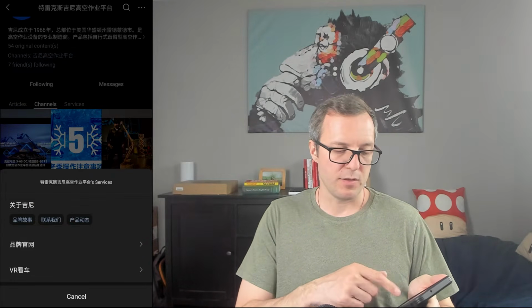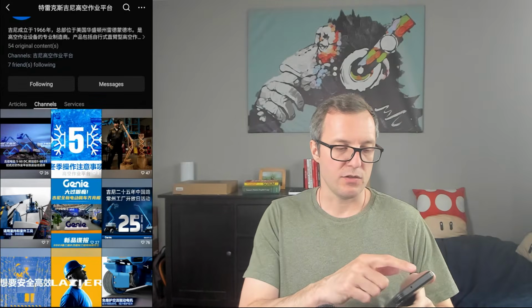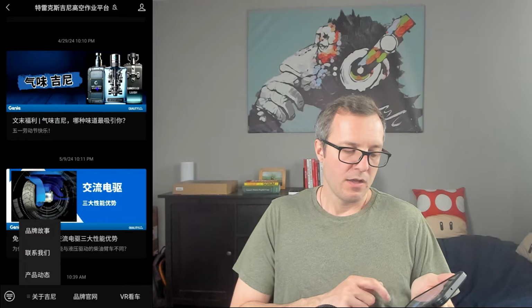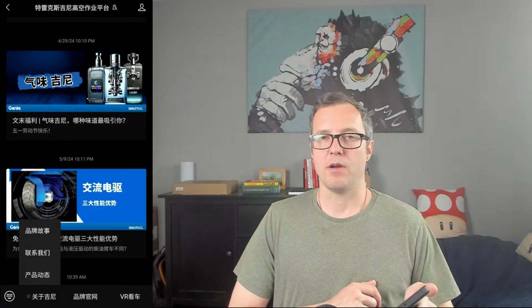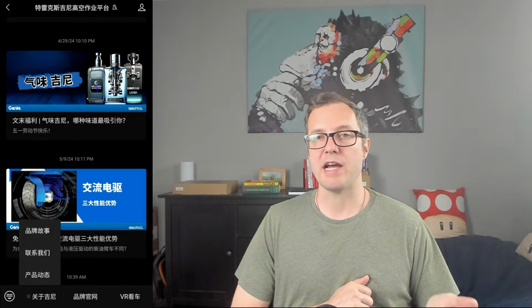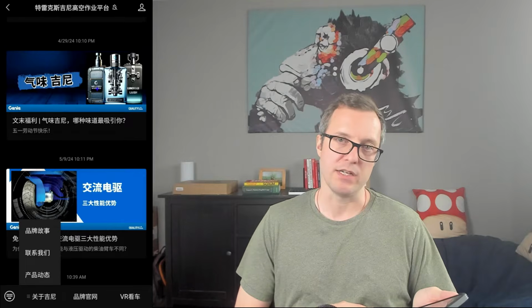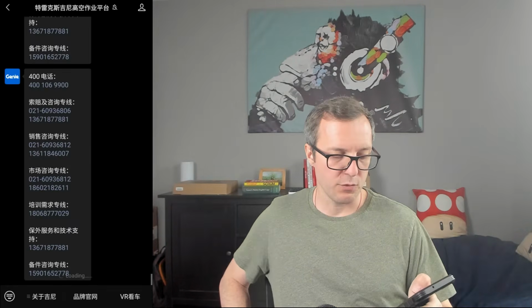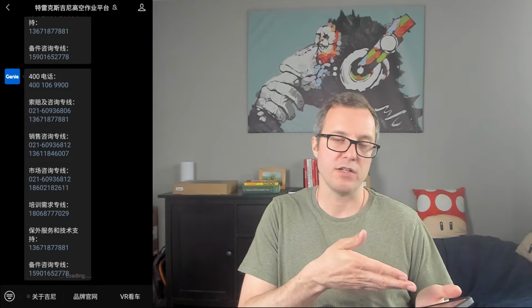This menu is available here on this page, and it's also available back here in the message area at the bottom. The menu can link to other web pages. It can also ask WeChat to share some content with me right here. For example, if I click the 联系我们, contact us, it will share with me a message with their contact information.